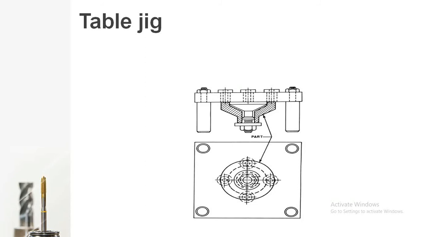The only difference between a plate jig and a table jig is in the overall view of the table jig. Whenever you look from the sideways, there are two footings located on either side, and in the middle there are bushings of hardened steel, so that they do not wear out the table jig plate that is to be placed over the workpiece.